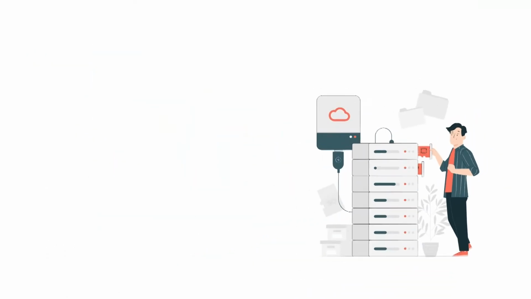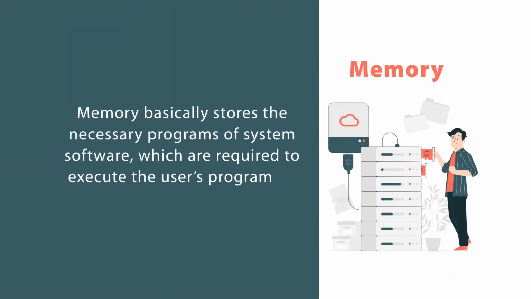Here one more thing we have to take care of: once we load something into the main memory, then only that is going to be executed. It means our program is loaded in main memory, our data is loaded in main memory. So the size of main memory sometimes matters in terms of performance of the computer system.